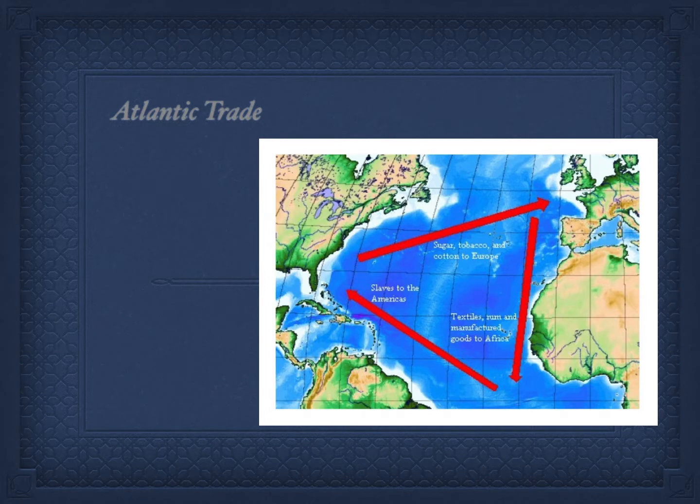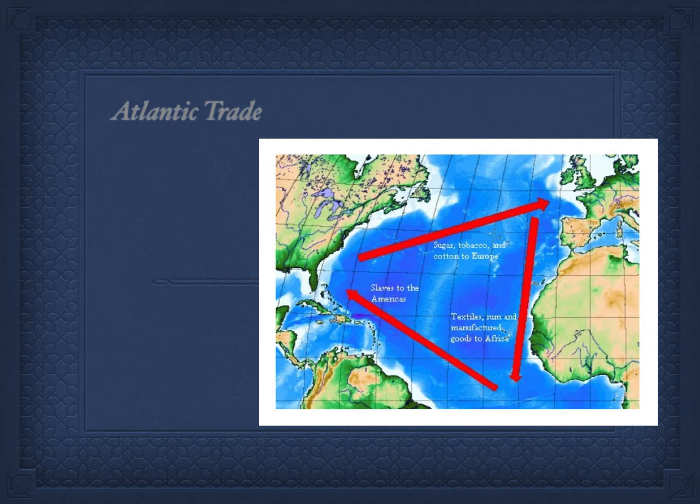So this is my short keynote lecture on what we call triangular trade. This is connected with the notion in Unit 3, the last part of Chapter 20, where we talk about Atlantic trade. And what we call it is triangular trade. So if you look at the graphic on this slide, you can see why we call it triangular trade, is that if you follow each passage, if you follow each direction or voyage in this trade cycle, you'll see that it forms more or less a triangle. So hence the name triangular trade.